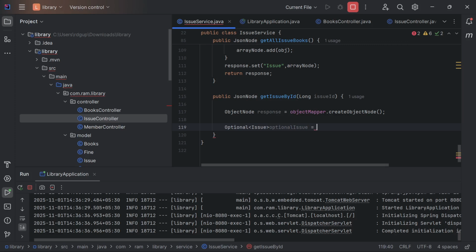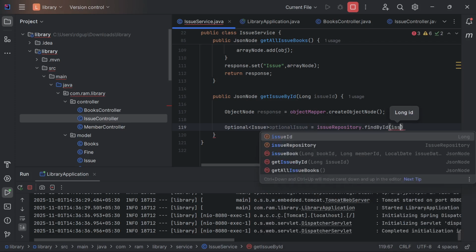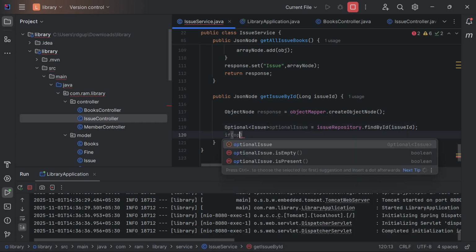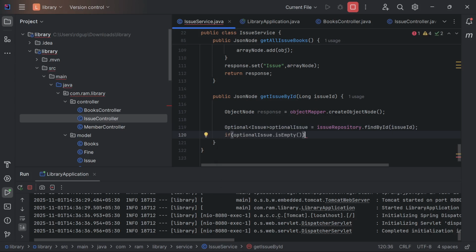Optional issue = issueRepository.findById, passing this issue ID. If it is not present, then we are going to return Optional issue if entity, then